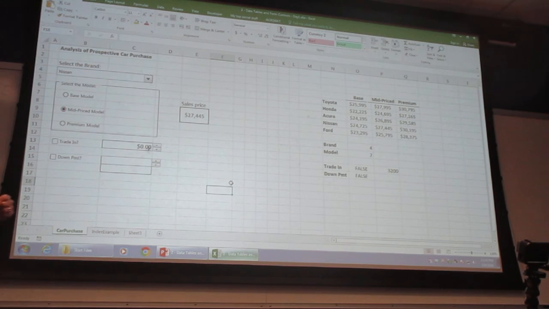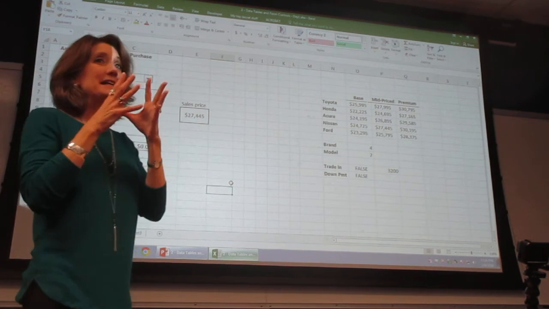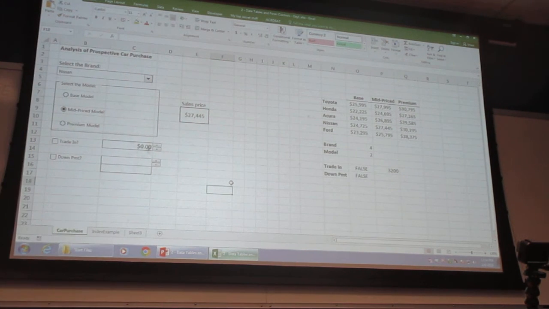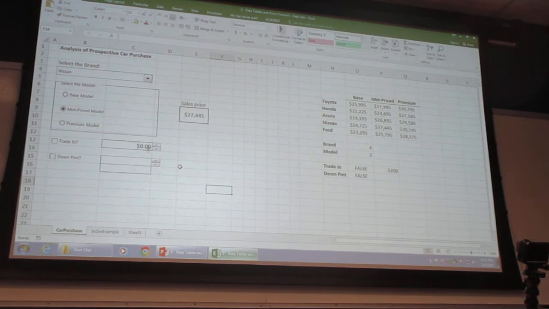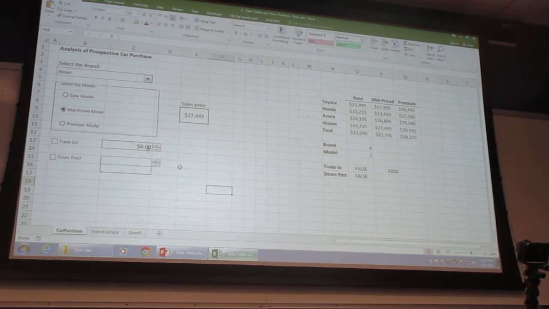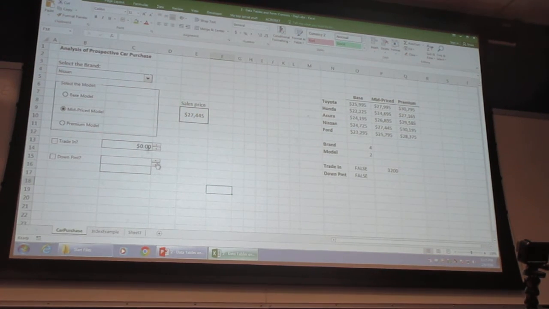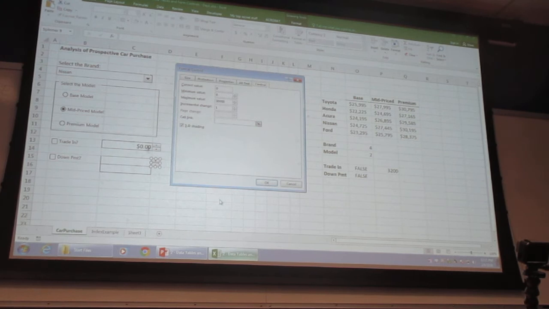Okay, all right, so we got to keep moving because there's a whole bunch of important stuff that comes with this. Let's right-click on the other spin button and set it up for the down payment percent. When I right-click on this, you definitely need to see this. This is important. It's supposed to go from, if you look at the parameters, 1% to 10% in 1%